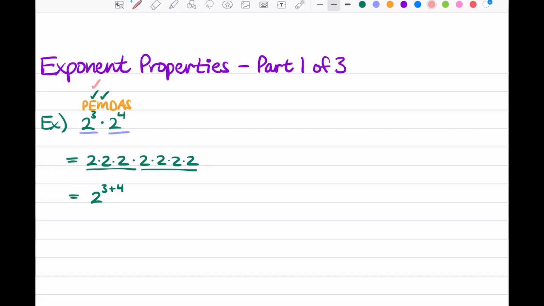If you're doing multiplication with exponents and you have the same base, that big number, then you just add the exponents. So 2 to the third power times 2 to the fourth power is the same as 2 to the 3 plus 4 power. And that would simplify to 2 to the seventh. So our shortcut here,